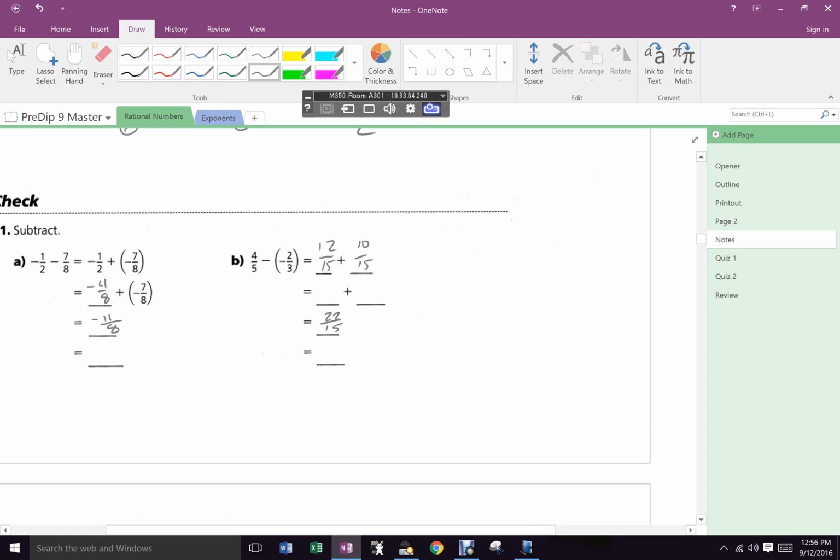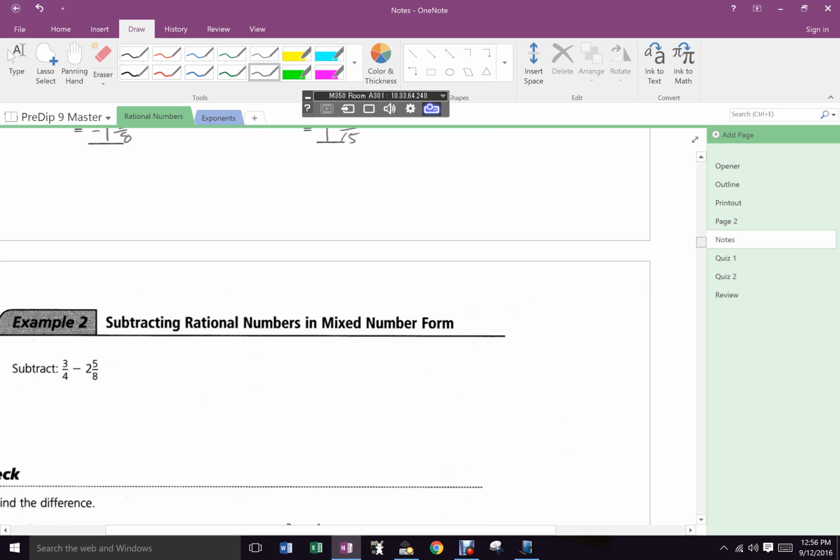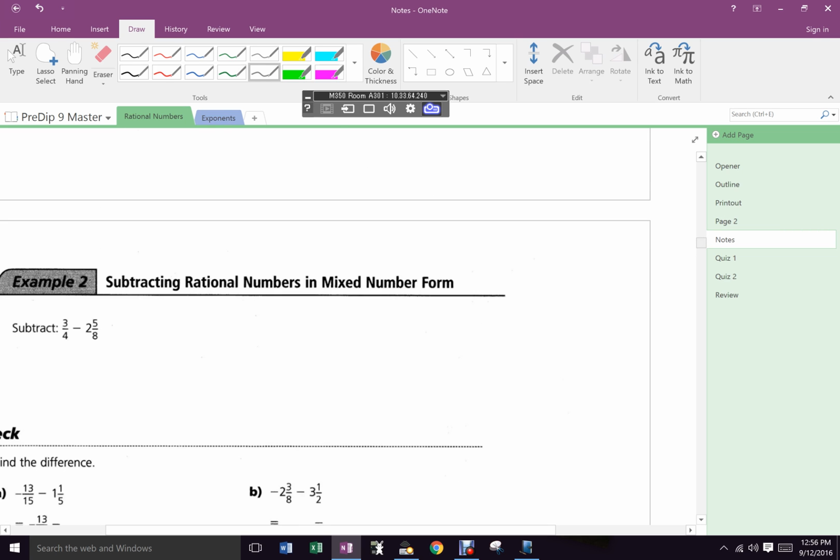And then simplify it. And what do we get? -1 and 3/8 and 1 and 7/15. 7/15. I love it when kids can do math in their head. Now,